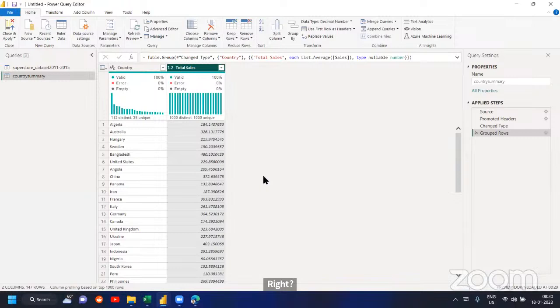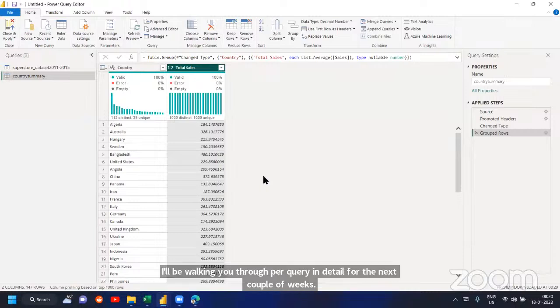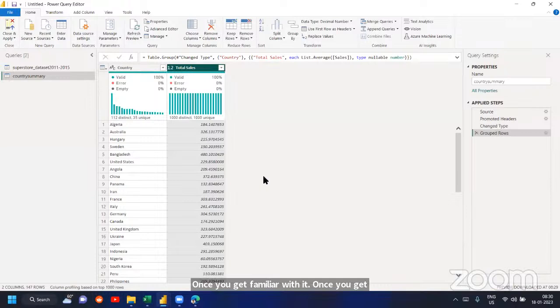Once you learn how to automate things, I'll show you, let's say if you have multiple files, how will you combine them in Power Query? Multiple Excel sheets, or let's say you want to keep updating the data every month, an activity you have to keep doing. How to automate those things? All those things I'll be walking you through in Power Query in detail for the next couple of weeks. Once you get the hang of this, you will never go back to traditional Excel again unless it is really required.